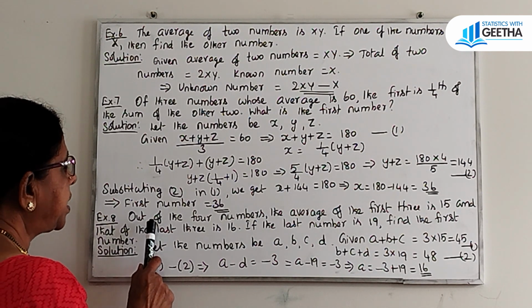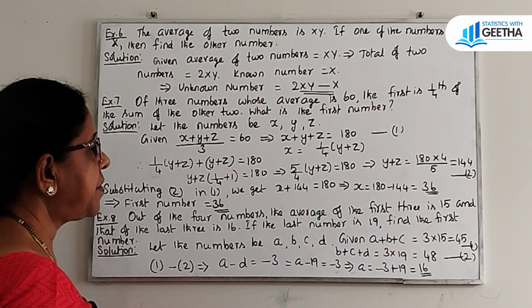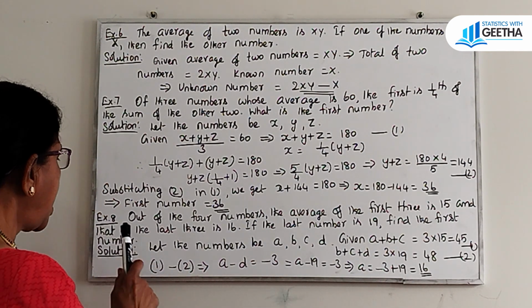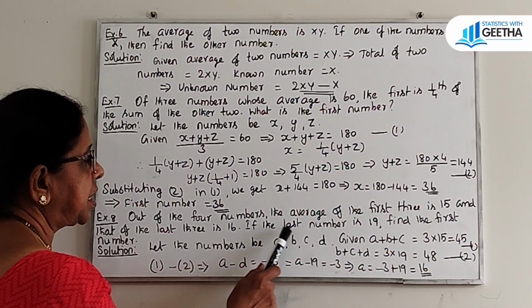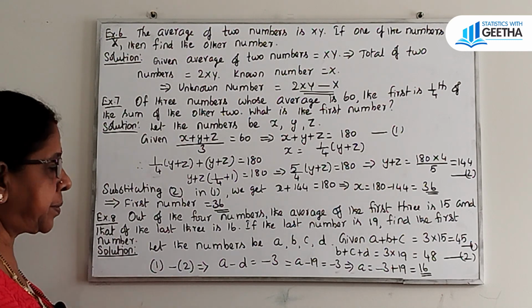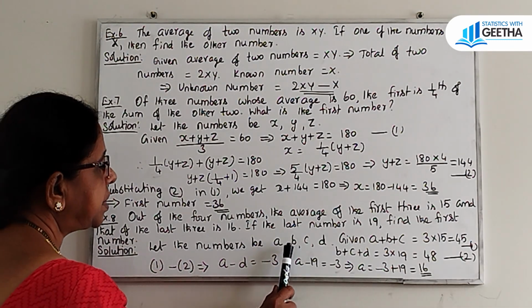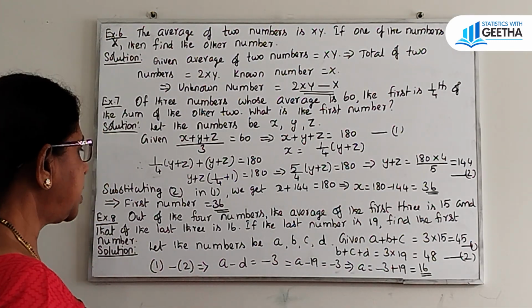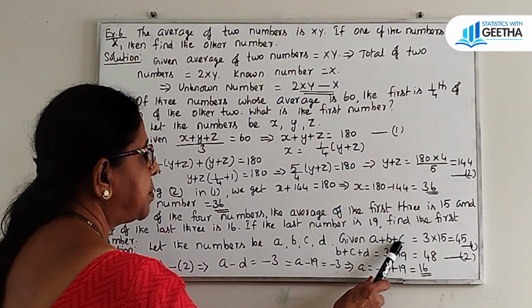அடுத்தது exercise number 8. Out of the four numbers, the average of the first three is 15 and that of the last three is 16. If the last number is 19, find the first number. Solution பாருங்க, let the numbers be a, b, c, d வச்சுக்கிறோம், 4 நம்பர். அப்போ given a plus b plus c